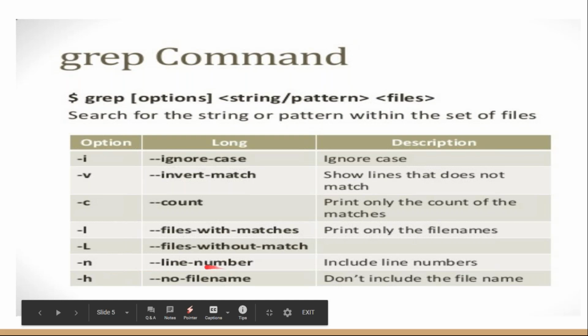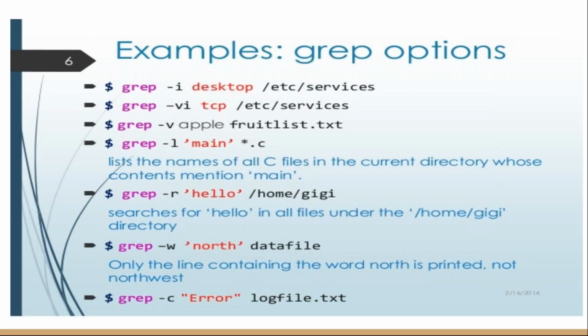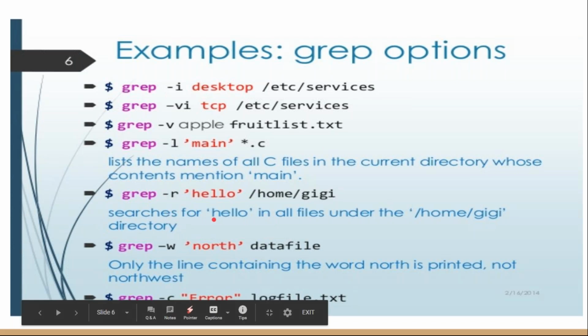Files without pattern, capital. If you want to go by using without the pattern, go for the line number, then go for hyphen n that contains that pattern, and h will not include the file name. It will only search for the pattern. So h with no file name and n with the line number included with your pattern search. So these are a few commands.